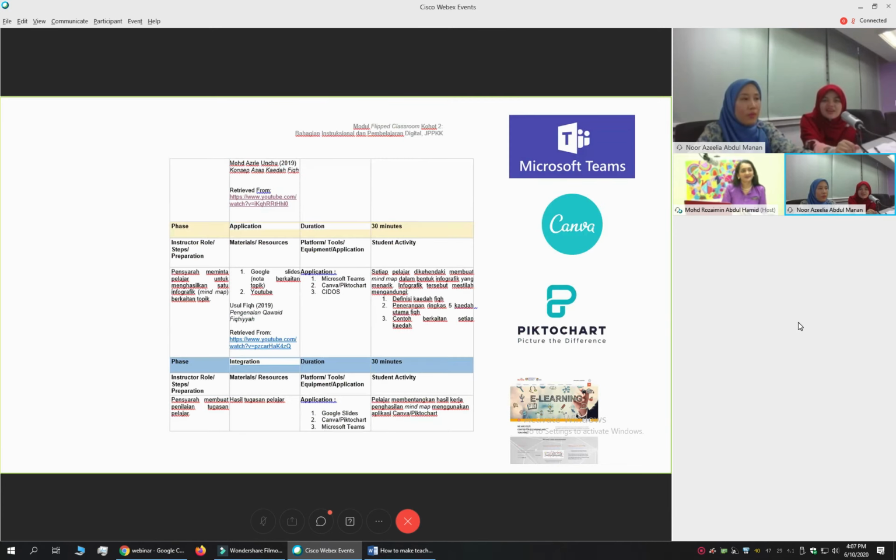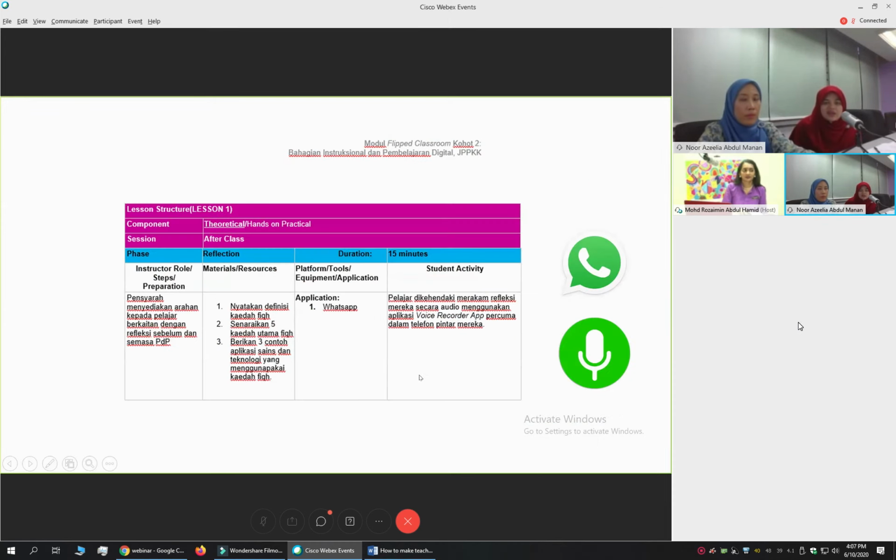Okay, next. Application. Di application daripada video tersebut yang pelajar dah tengok, saya meletakkan untuk pelajar membuat satu mind map yang interaktif, menggunakan Canva ataupun Piktochart ataupun apa-apa sajalah dalam bentuk infografik yang menarik, untuk menunjukkan kesimpulan atau pemahaman mereka terhadap topik yang dibincangkan. Dan terakhir untuk